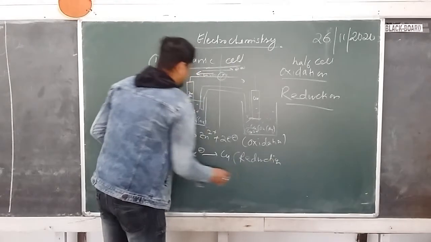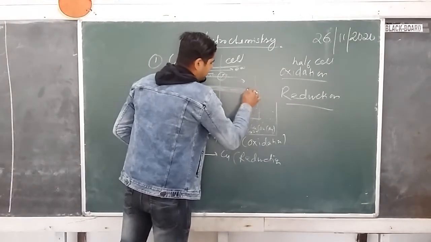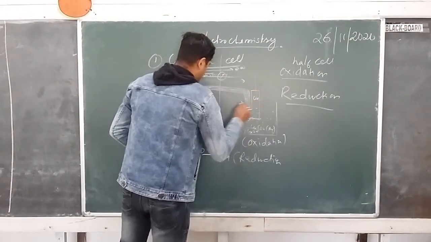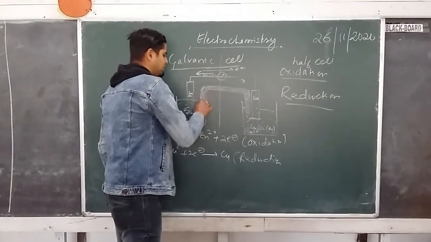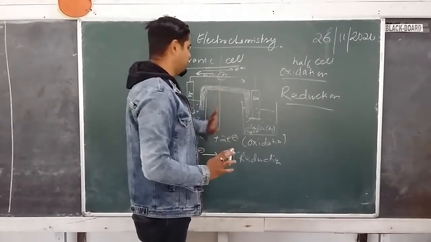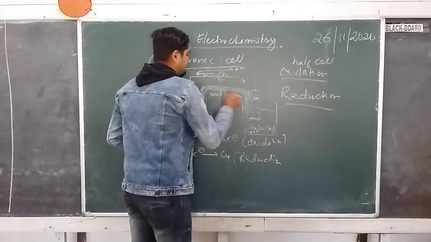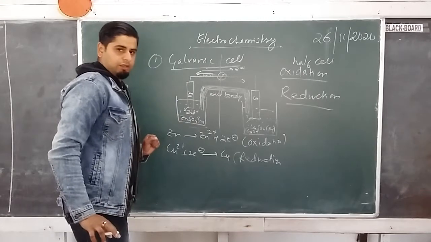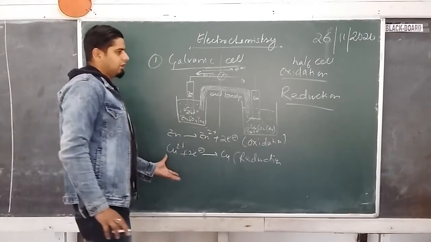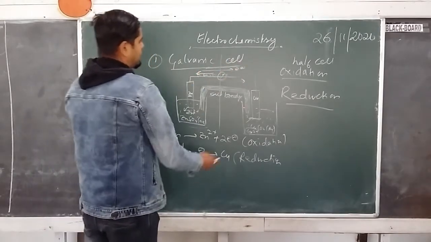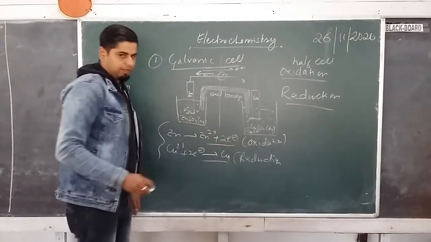And remember, there is one bridge here, this is called the salt bridge. This is here to balance the ions. For ion balancing we have a salt bridge. If both the electrodes are in the same electrolyte, then we don't use a salt bridge. Got it? So this is a very simple galvanic cell. In one half there is an oxidation reaction and in the other a reduction reaction. If you accumulate all this, then this will be the full reaction. So this is the full cell reaction, this is the oxidation half, and this is the reduction half.